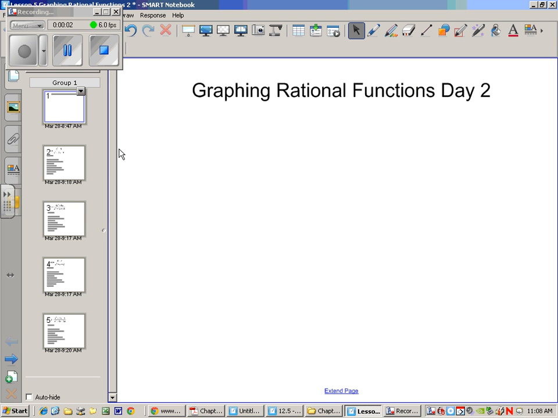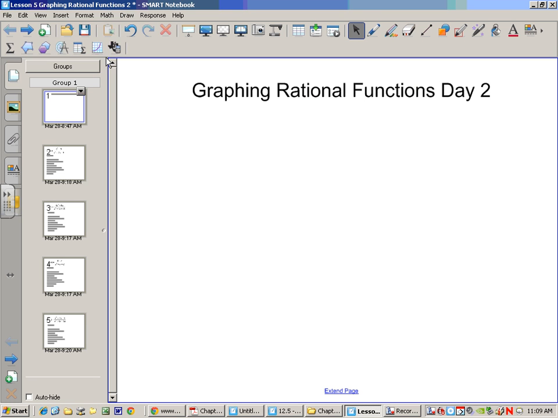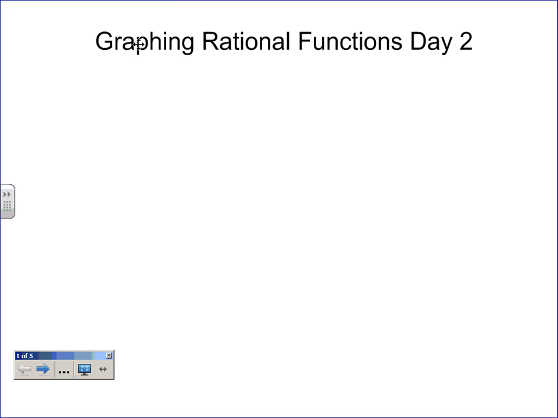Hello, today we are going to have our second day of graphing rational functions. Today we're going to look at rational functions when they are not factored initially, and then we will also look and see what happens when we have removable discontinuities. All right,